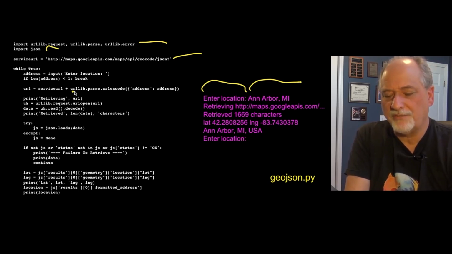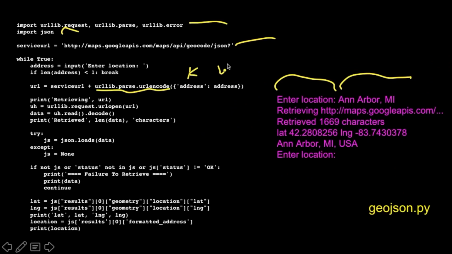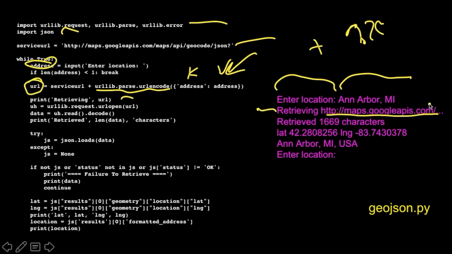And there is a library called parse.urlencode that takes the key and the value. So the address equals, and then whatever this text is that we read in from the user goes in here. And it does that URL encoding, with the pluses and the %2C and all that stuff taken care of. And that is our URL that we're going to pass to urlopen. So we print out that we're going to retrieve it. If you look at this, it's too long. It has all that fancy stuff on it. And then we open it with urlopen, and then we read it and decode it.